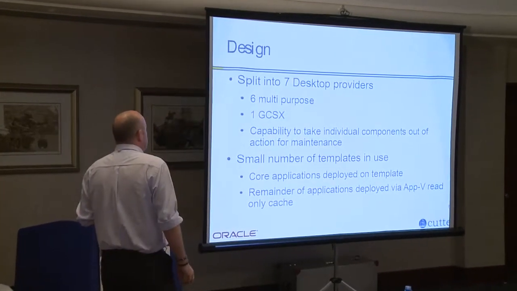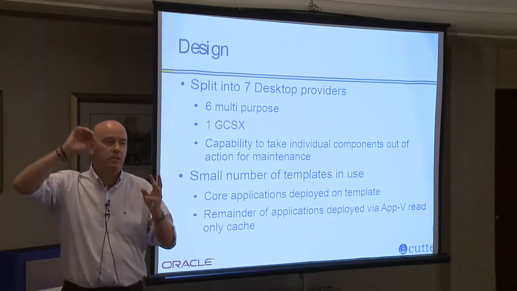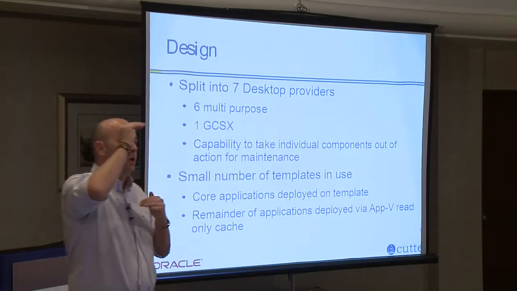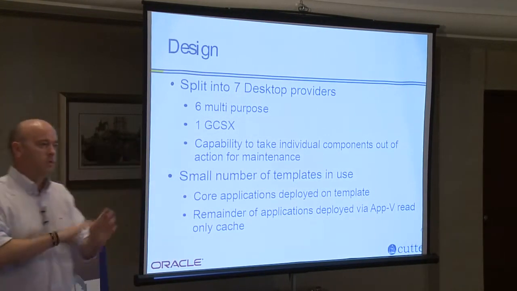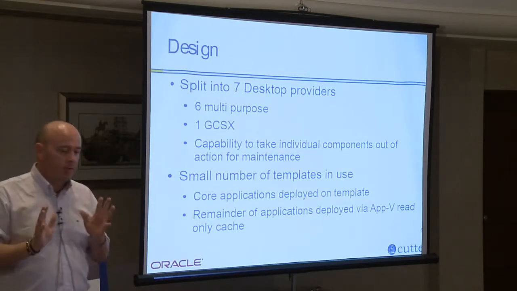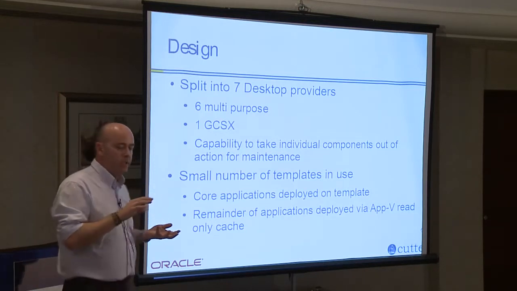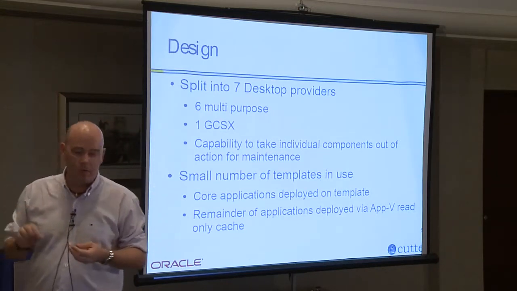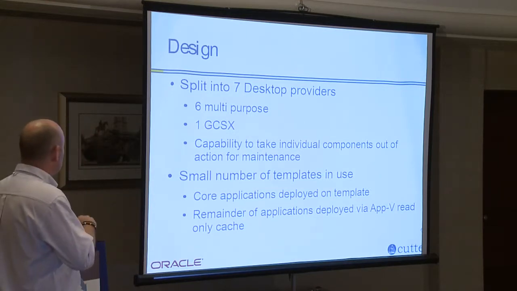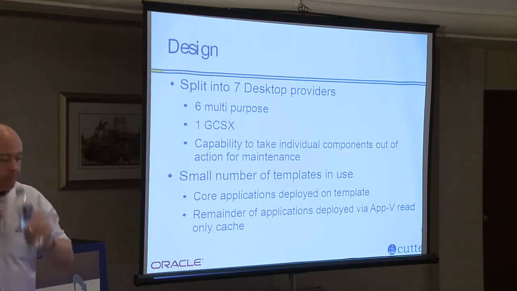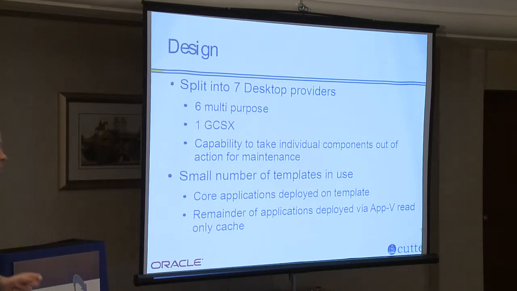The whole system's been split into 7 desktop providers. Now, the concept of a desktop provider inside Oracle VDI is a certain amount of hypervisor and a certain amount of storage allocated to do a certain task. So it's a little container. What we've done is broken it down into 7. There's 6 multi-purpose ones, which fits in with the council's way of breaking down their user base into business units. And then there's one separate one for the GCSX user base, which has got its own security requirements. There is the capability to take pretty much any single component out of that for maintenance without affecting the overall